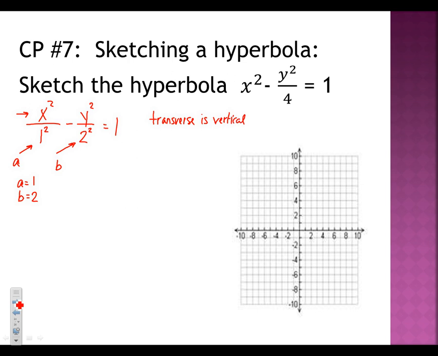All right, so let's put our a, 1 spot on and also -1. b is 2 and -2. Now remember that rectangle piece? This is the rectangle that they were suggesting that we draw. Our asymptotes are going to be the diagonals that go through there. Okay? And if we look at this,